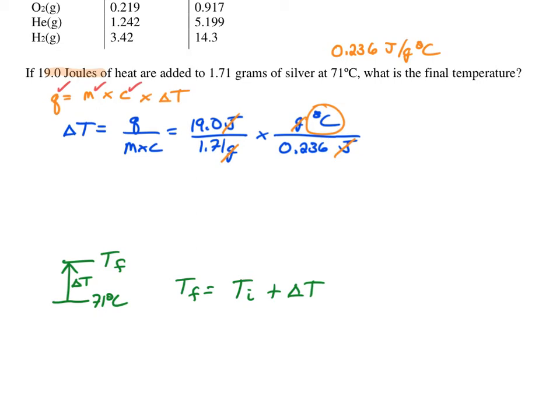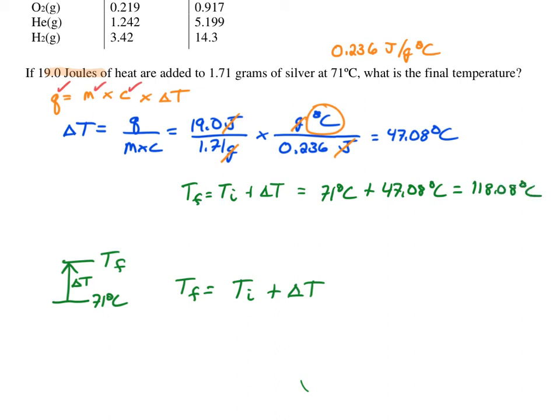We put all these numbers into our calculator, and we get our calculator answer of 47.08 degrees C. We're not going to worry about sig figs until we have a final answer. So our TF is equal to TI plus delta T. That's going to be 71 degrees C plus 47.08 degrees C. This gives us